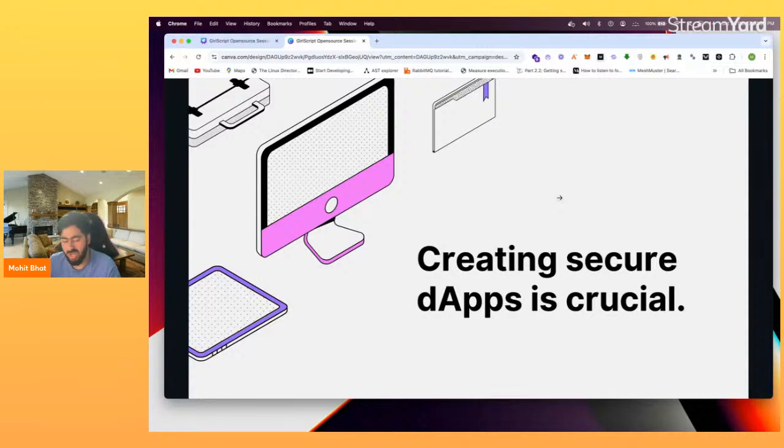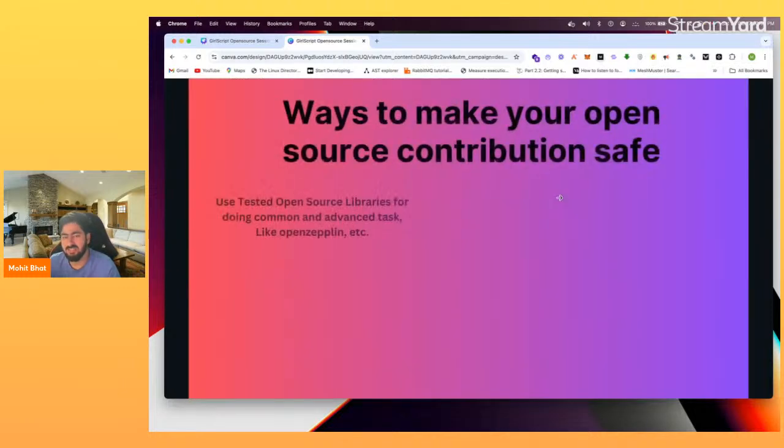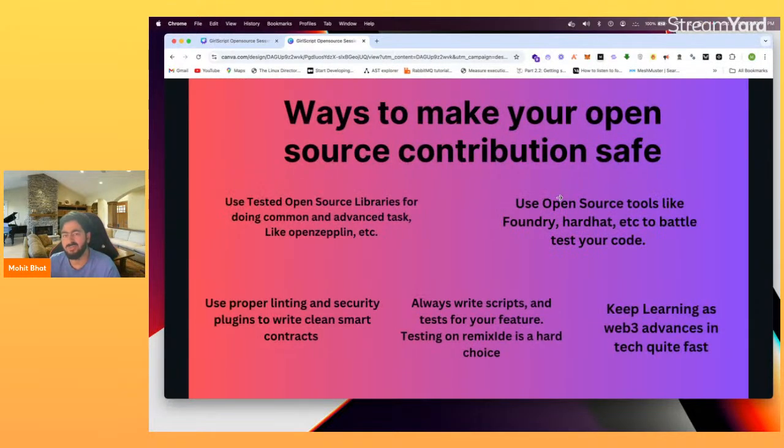I have talked about the benefits of contributing to Web3 open source. Now let's understand how you can make your open source contribution safe, because it's not only about randomly going on a project and just starting to contribute to it. If you are also contributing to GirlScript Summer of Code, and specifically to Web3